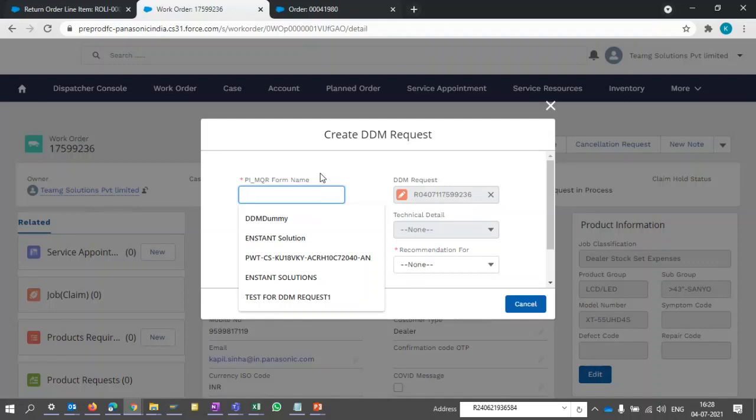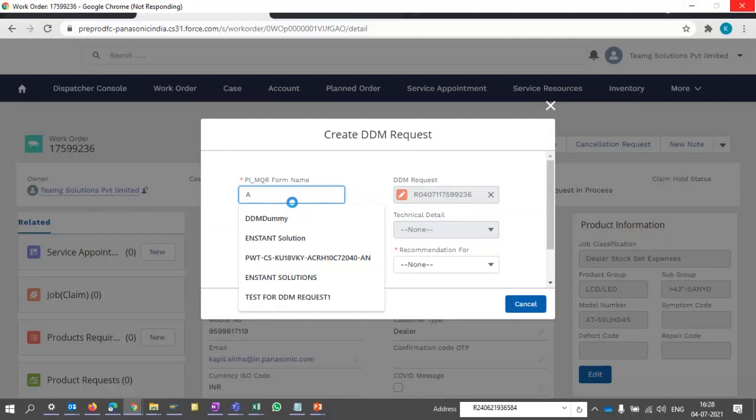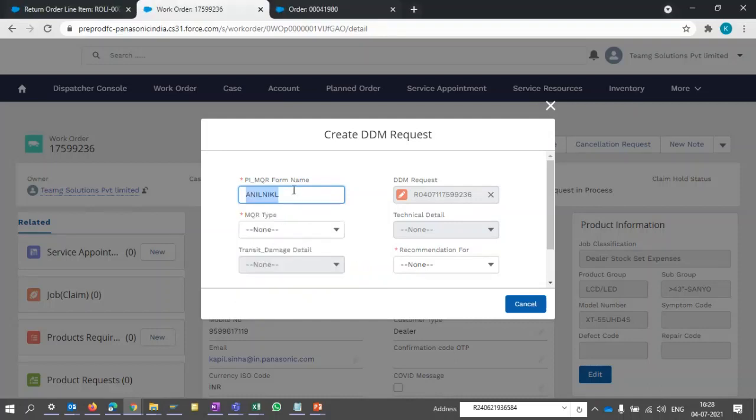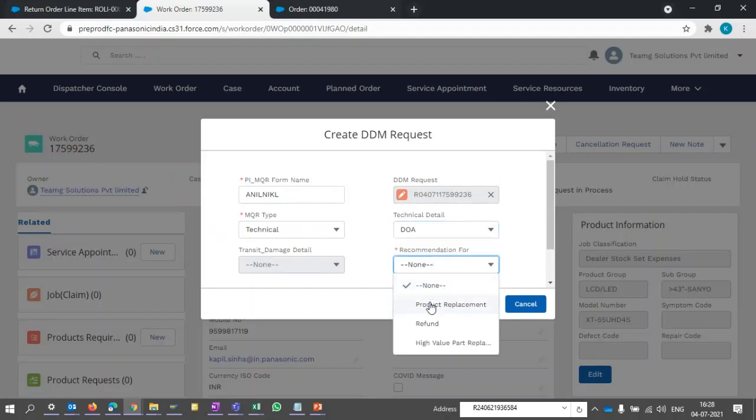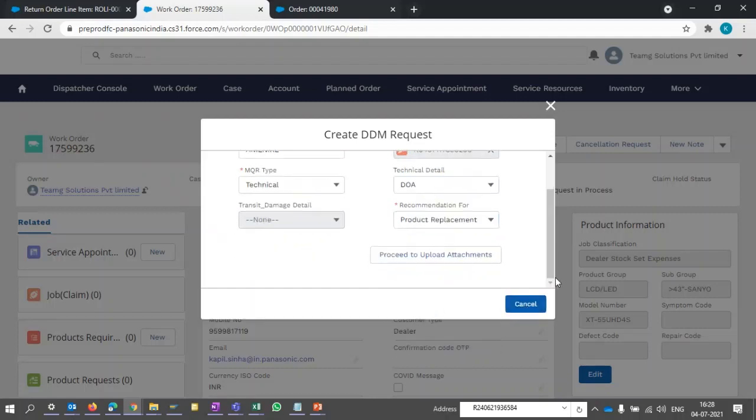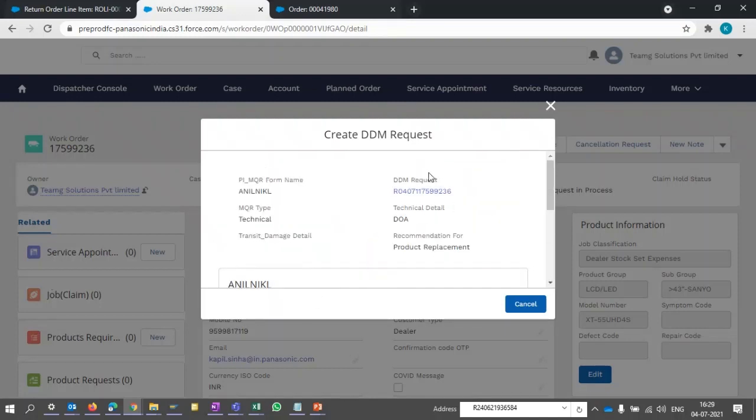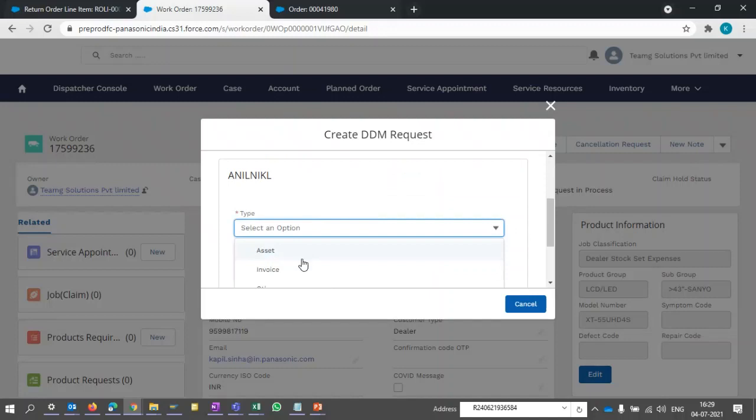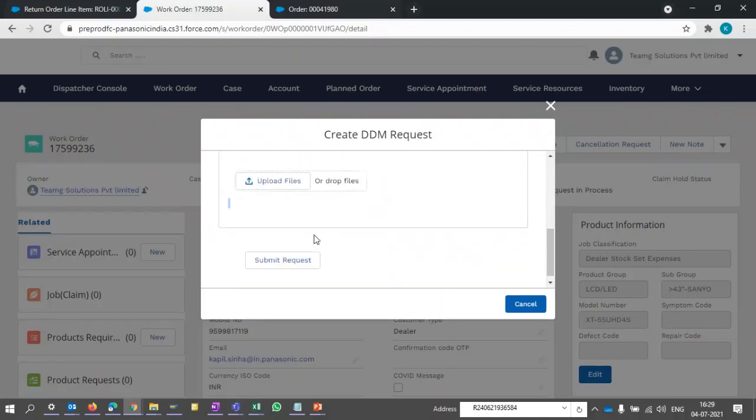You have to give a name for this, like technical, steering, and product replacement. Then proceed to file. And this MQR process will remain the same for all the modules which I have told you.